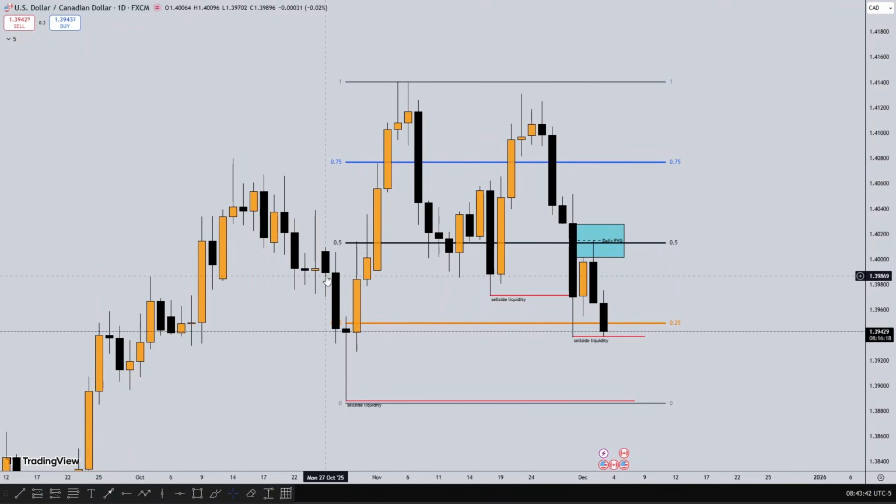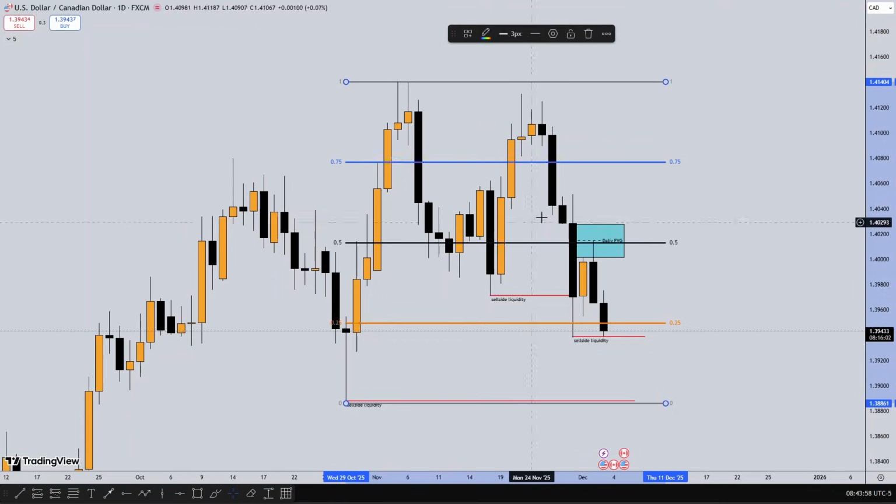Inside this price range, price did an internal shift, trading below the mid range of the range, trading to a discount, trading through the mid range of the other block, creating an internal shift, retracing to the daily fair value gap, leading to lower prices for price to trade lower to run the sell side liquidity. Now that you understand